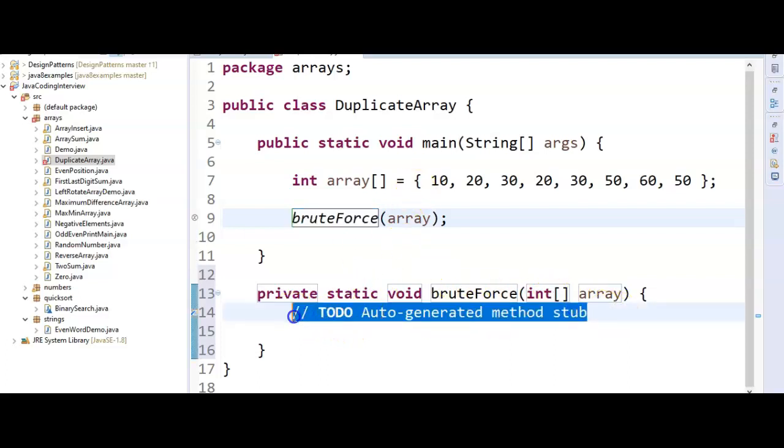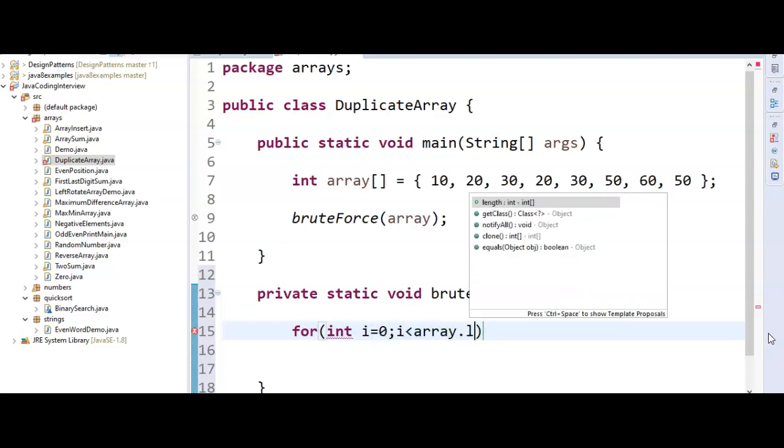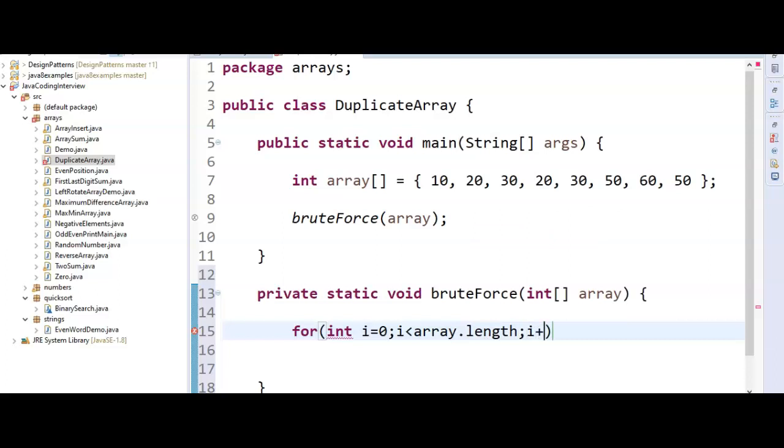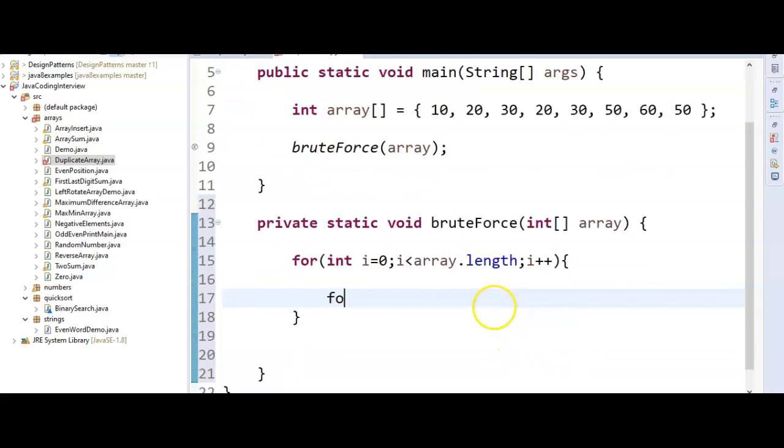So here I am iterating through the array. The first approach is we need to use 2 for loops and iterate over the array. So for int i equal to 0, i less than array dot length, i plus plus, and then we need to take one more loop, for int j equal to i plus 1.